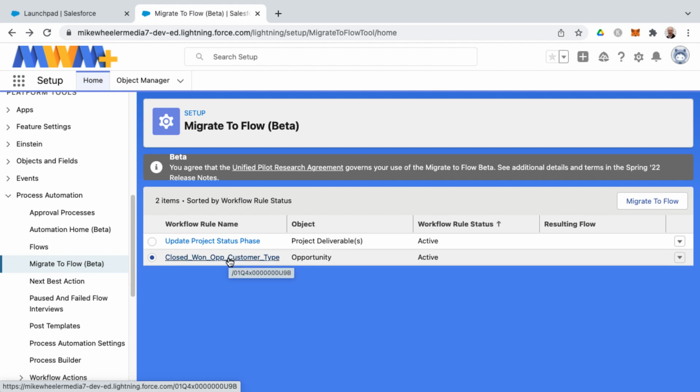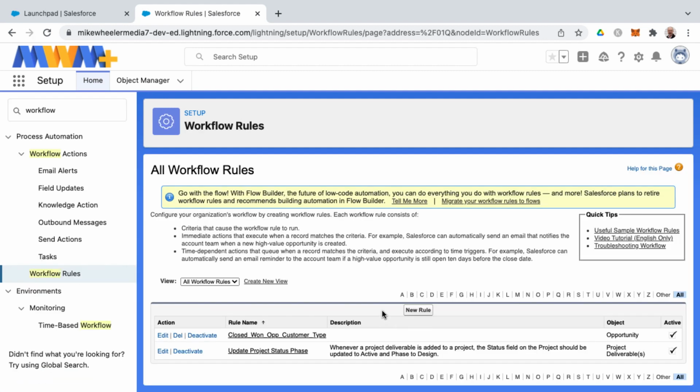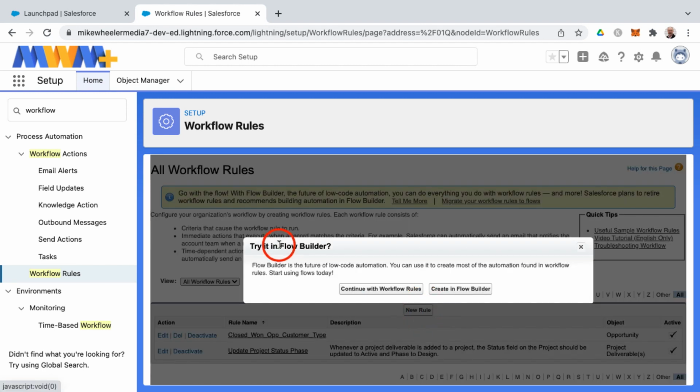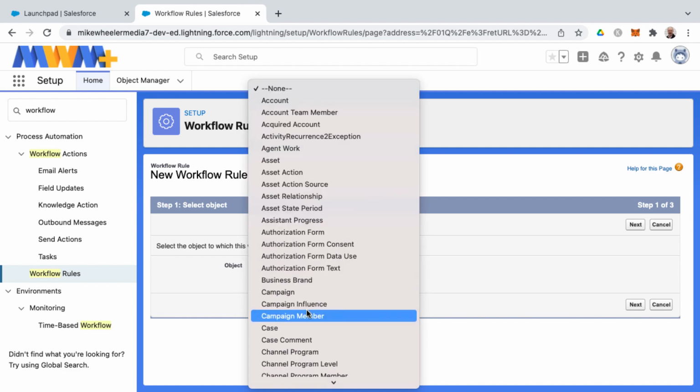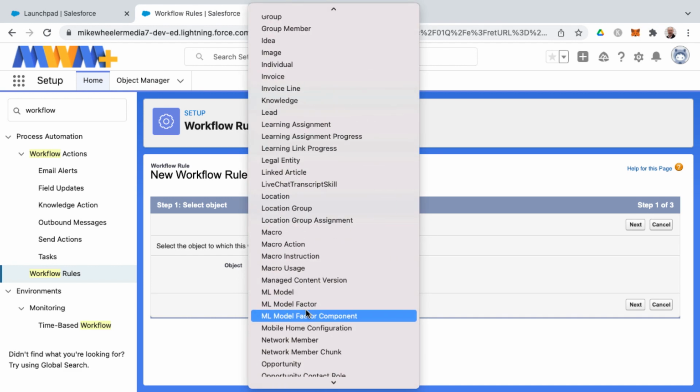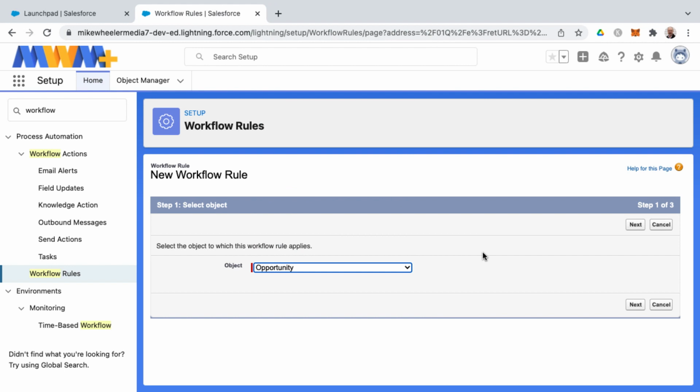So I'm going to pause here and create a workflow rule that doesn't have cross-object references. I'll do a couple on the opportunity. We'll see what happens when we migrate those to flows, if they combine into one flow or if it creates two flows for the object. Another thing of note is that whenever you go to create a new workflow rule now, it's trying to encourage you to go into Flow Builder instead, but you still have the option, right now at least, to continue with workflow rules instead. As I mentioned, I'm going to create a couple of workflow rules on the opportunity object, and then we'll test out the process of converting them to flows and see if it makes one or